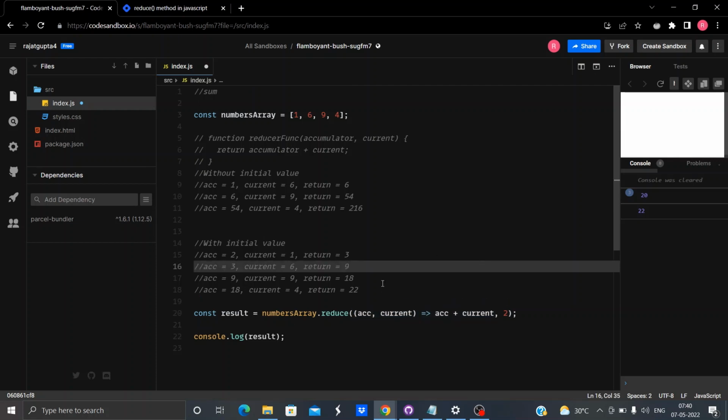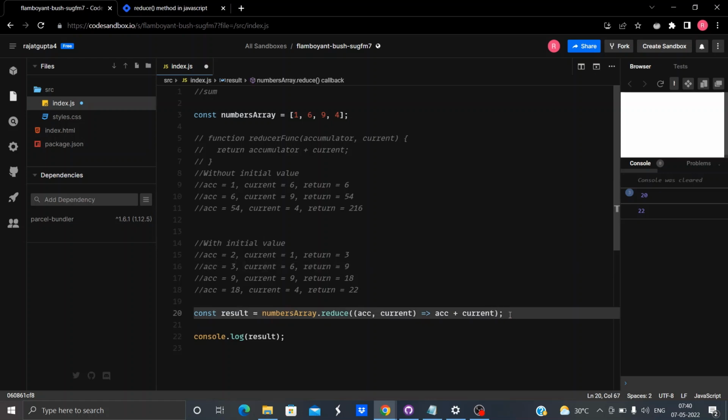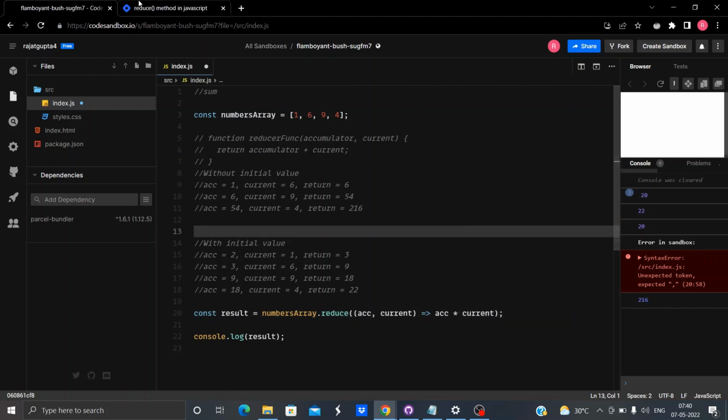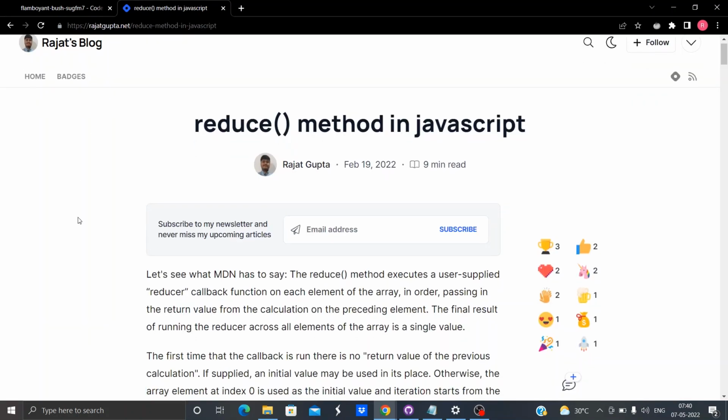Okay, so this is done. Let's get to the next example. And you can also do the multiplication like this. If you want all these elements to be multiplied, you want 216 and you will get 216 in the console. Okay, now let me move on to the next example.